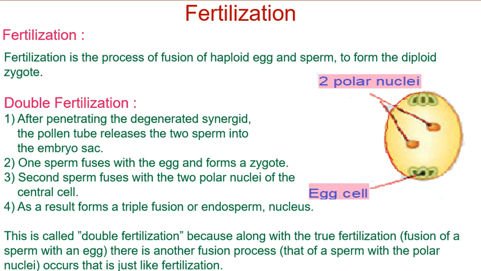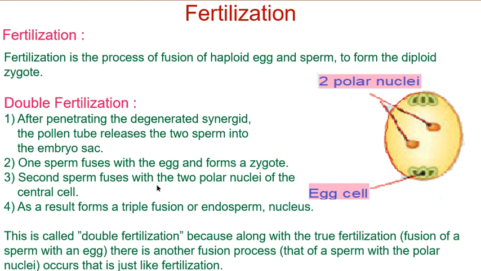sac. Now this is the time to recall the diagram of the pollen, which you have seen in the microsporogenesis slide. What we have seen there is that a pollen grain has one vegetative cell and one sperm cell. Fine. So two sperm cells are released into the embryo sac. One sperm fuses with the egg and forms the zygote. Means this egg cell is fused with the sperm cell, and the second sperm,